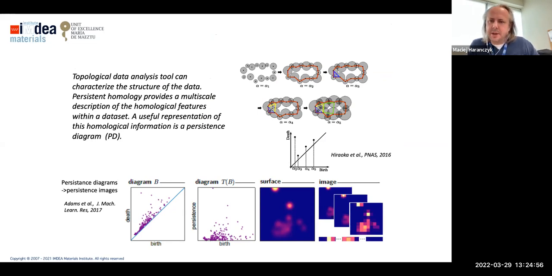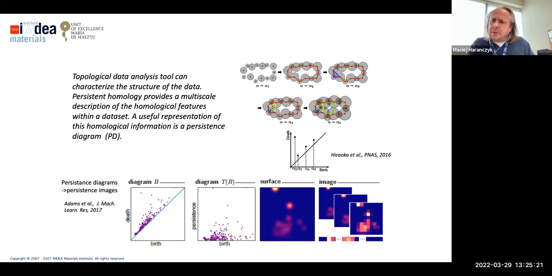So here, for example, in these plotted particles, as the radii increase, we have this red cycle formed, and as we keep increasing the radii, another cycle, the blue one, forms. And at some point, if we keep increasing the radii, atoms will occupy the empty space within this cycle, and the cycle will disappear.